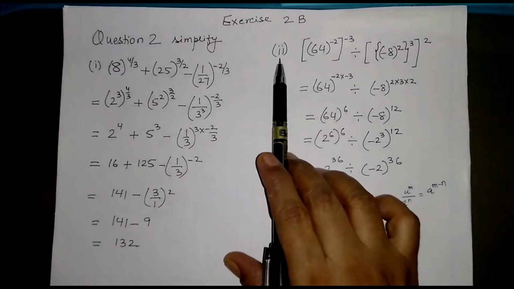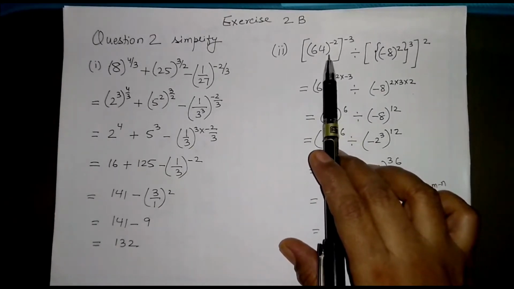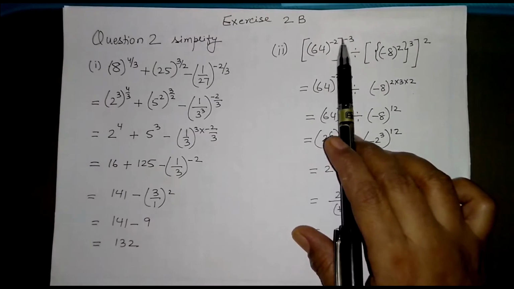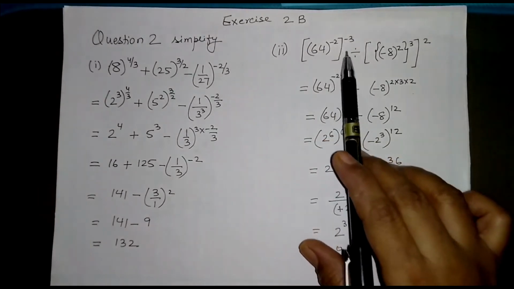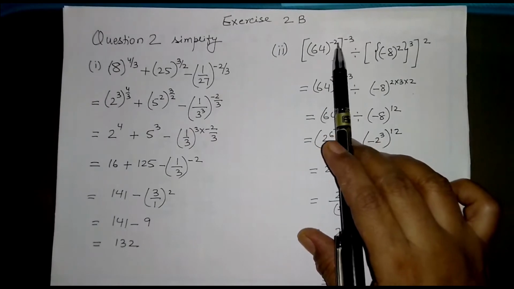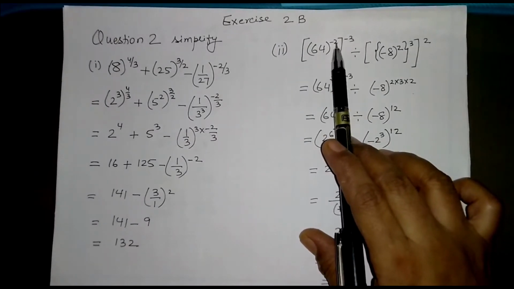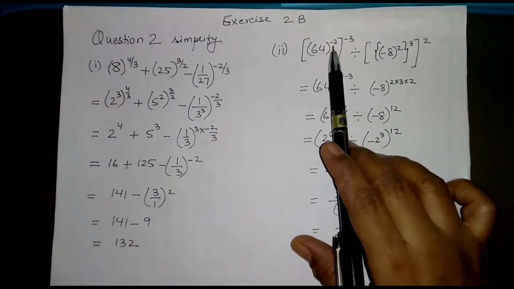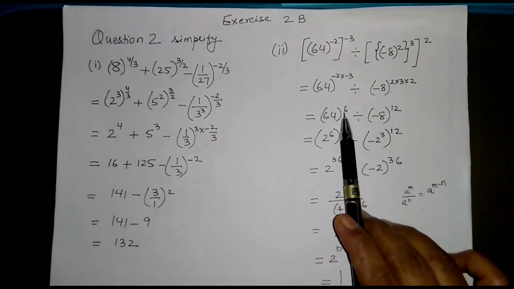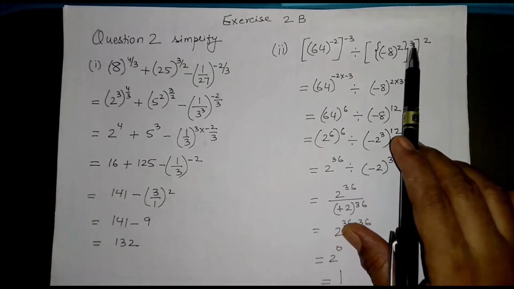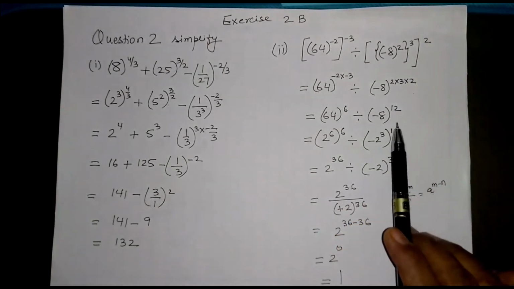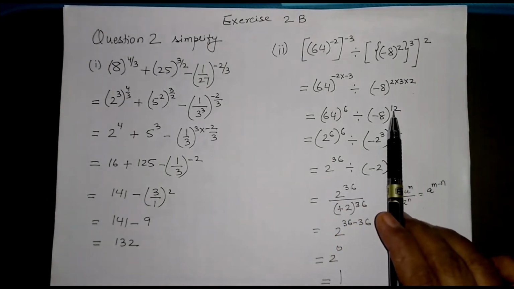So our second sum is, we have two powers, one over the other. These have to be multiplied. So minus 2 into minus 3. If we are multiplying two negative signs, we get the answer positive. So we have 6 here. Your 3 powers are multiplied and we get 12 here.